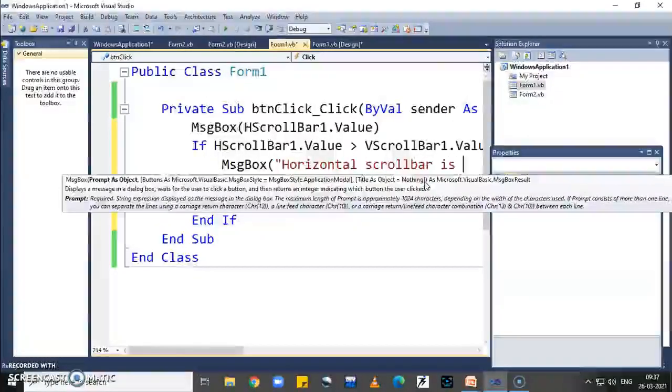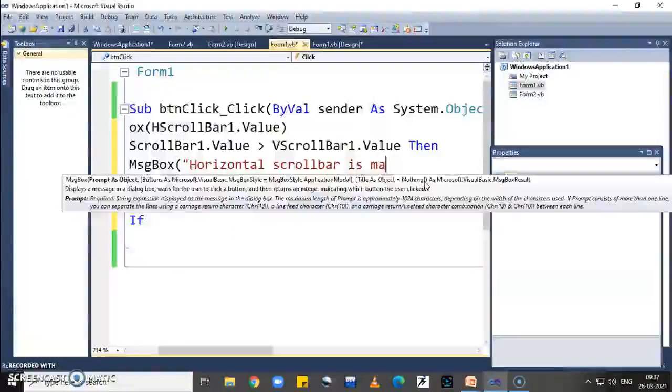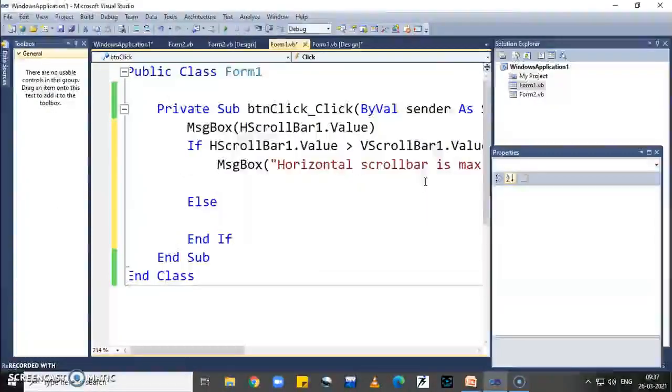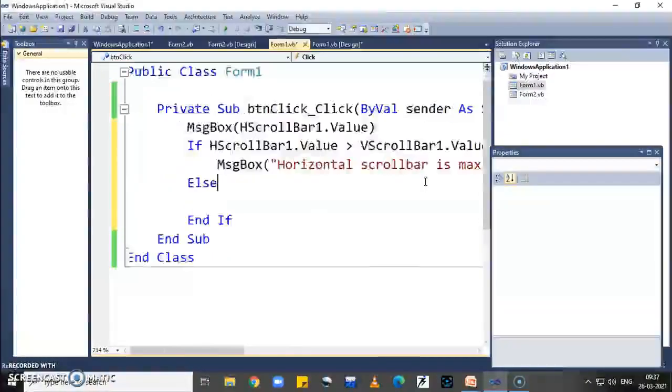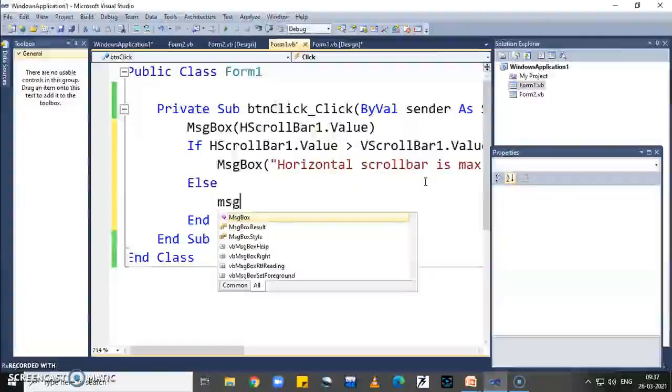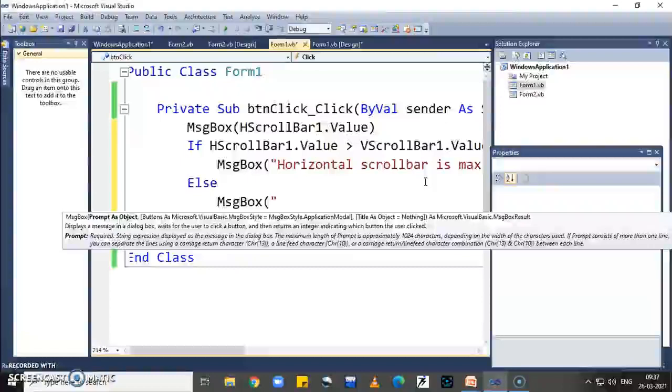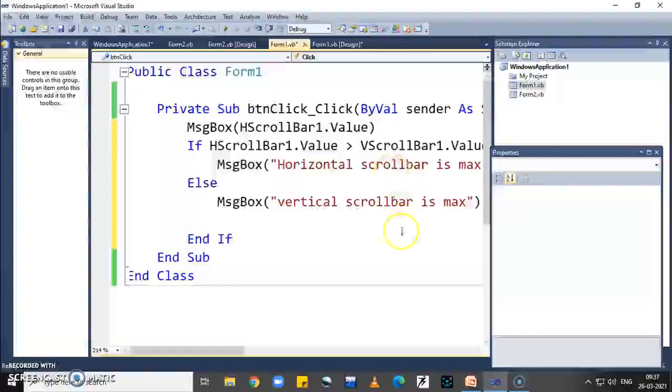Scroll bar is max. Now here, suppose the vertical scroll bar has the maximum value, then the horizontal scroll bar, then write the message in the MsgBox, vertical scroll bar is max. Okay, so whenever the value of the horizontal scroll bar is greater than the vertical scroll bar, then a message is printed like